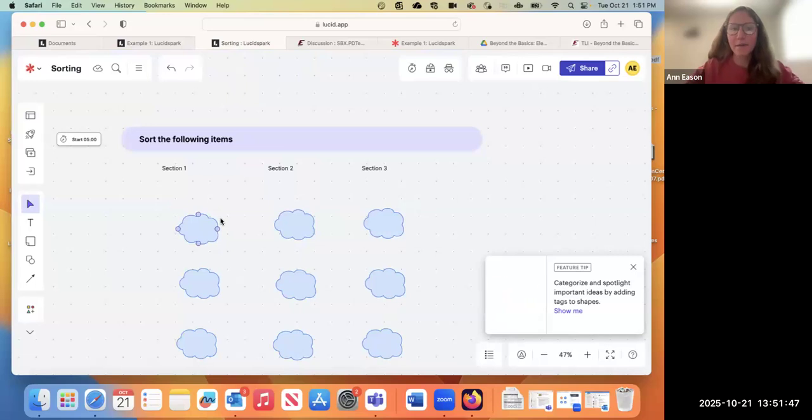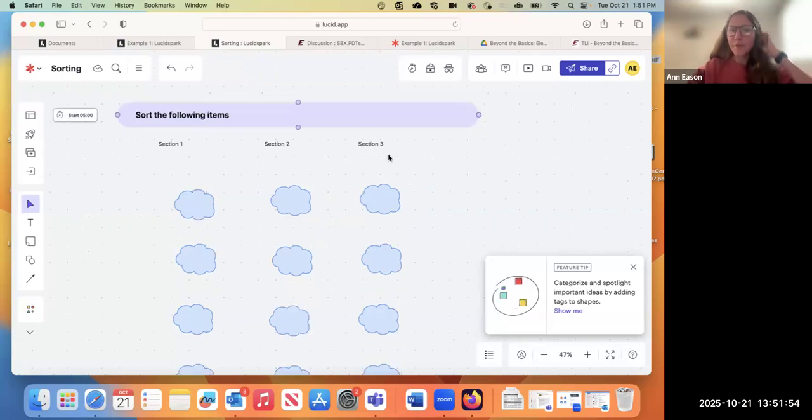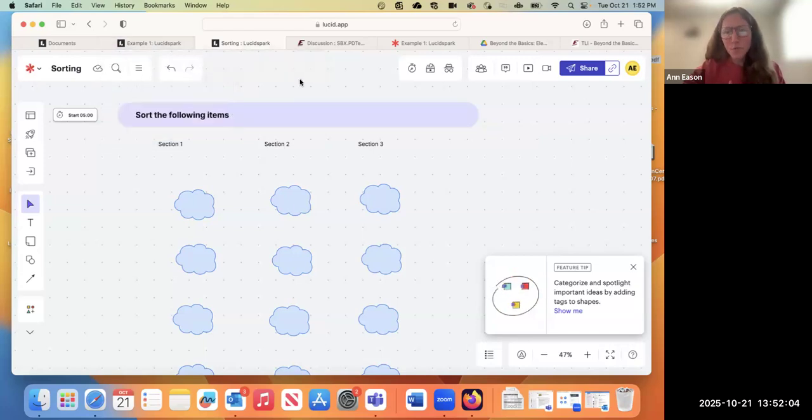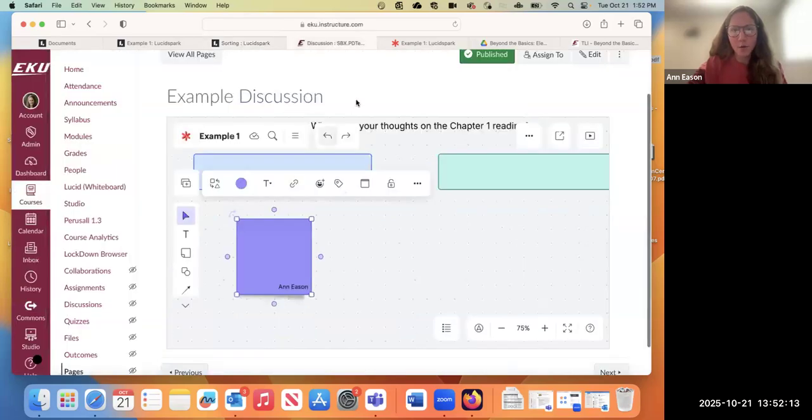And again, I might add my instructions on here or anything else that your students will need to complete the activity. You could also use it as a diagramming example or a mind map. That could again be something that students are submitting individually or as a group, depending on the nature of the activity. And then I'm going to go back into my Canvas course,